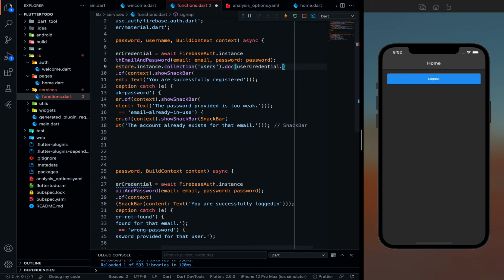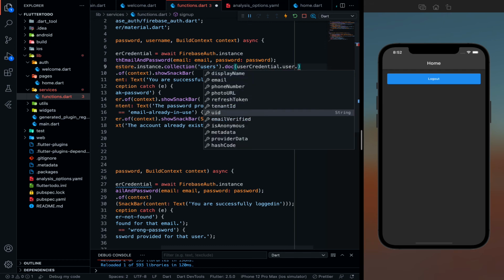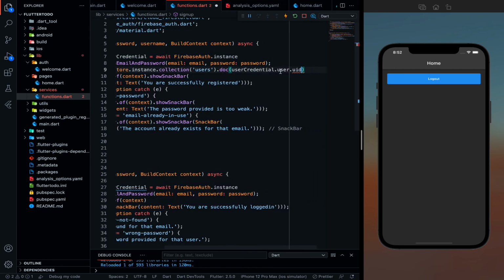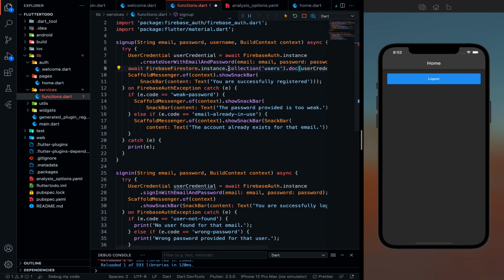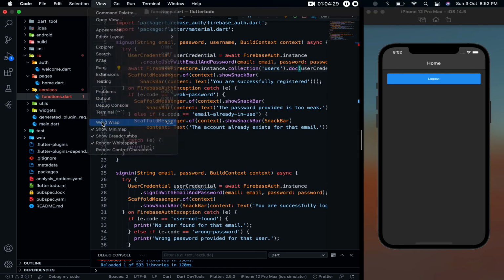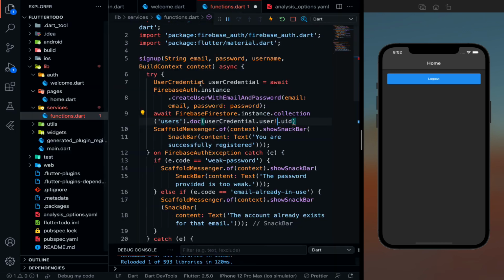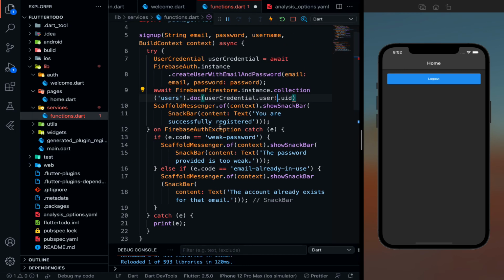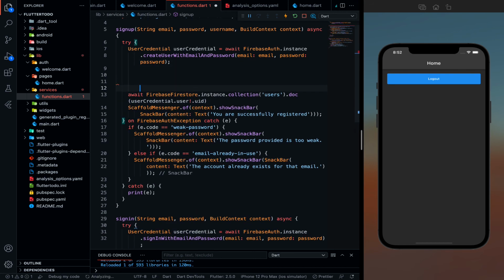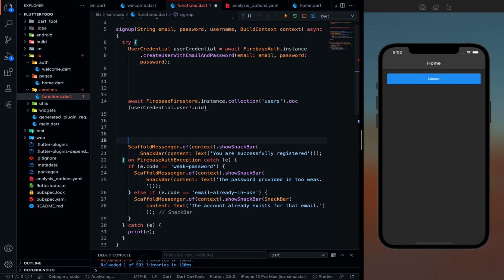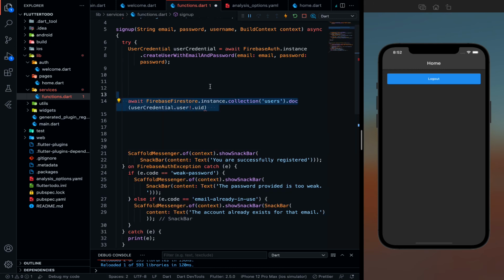We need to get user.uid. Yes, so what is happening is there is a null error, I think. Yes, so let me just write this. Perfect. So let me use a word wrap so that it is visible, and let me increase the font size. I think it is becoming messy. So let me separate everything, and just focus on this function, right?